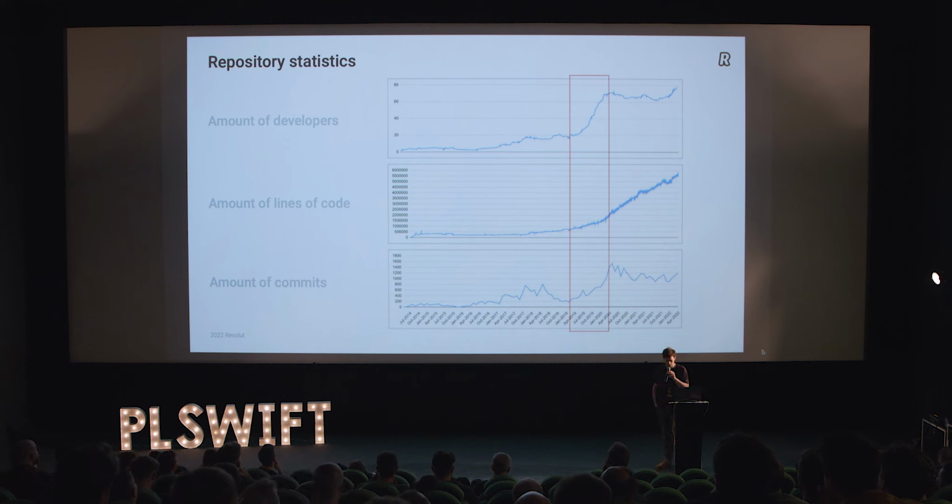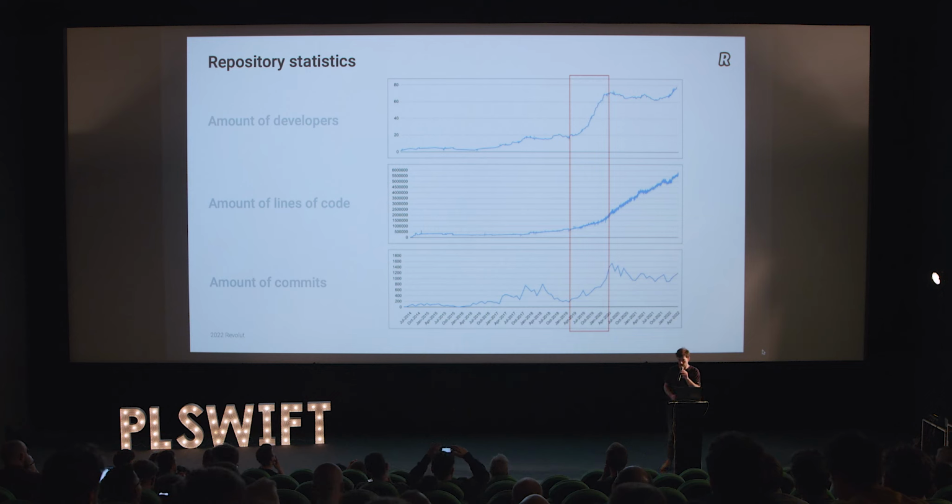Basically, what you can see here is during 2019 and 2020, the company went through incredible growth, and you can see it reflected on the engineering. This is how incredible growth in a company looks for engineering. The team grew from 20 developers to 70 developers in less than a year. As you can imagine, the infrastructure couldn't cope with these new developers. So we faced some challenges, and that's basically what I'm going to be talking about.